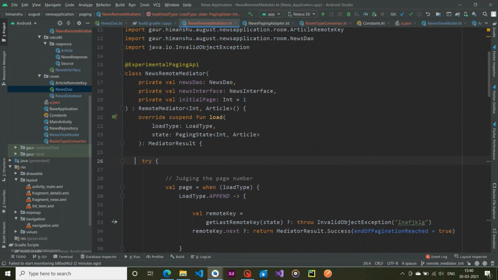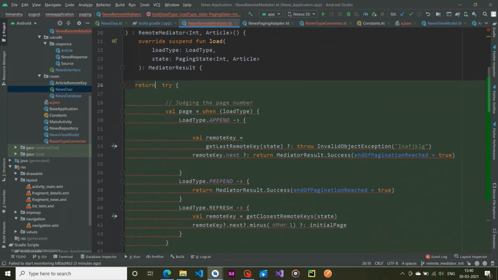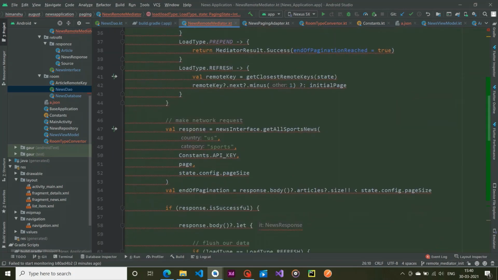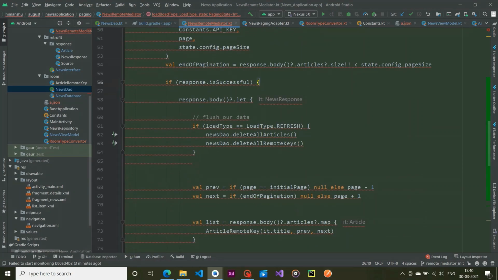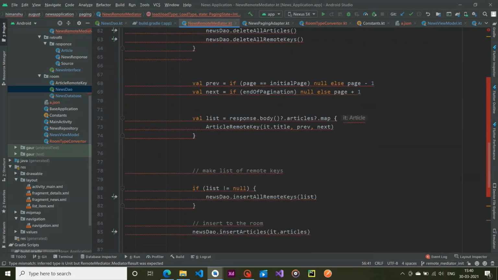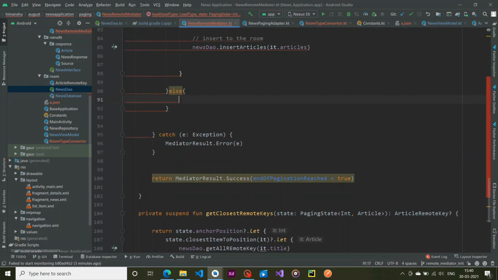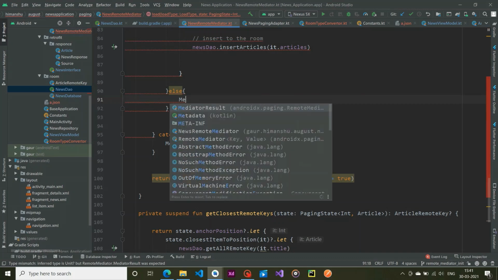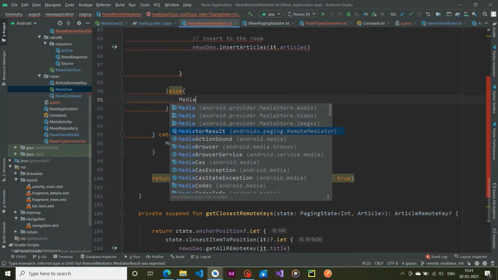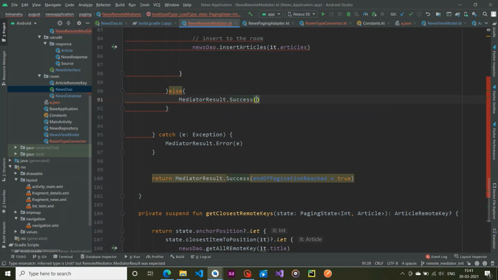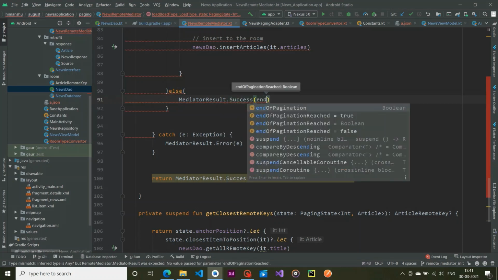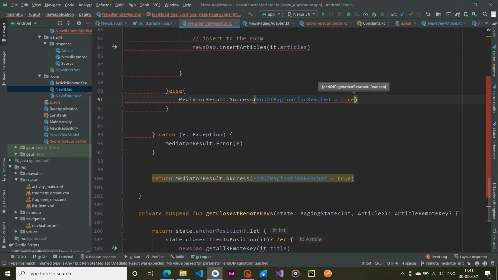Now I am going to modify it a little bit in order to increase its efficiency. So in front of try, I added a return keyword, and now if our response is successful, and the second case, if it is not, I'm going to return a mediator result success, and end of pagination is reached.